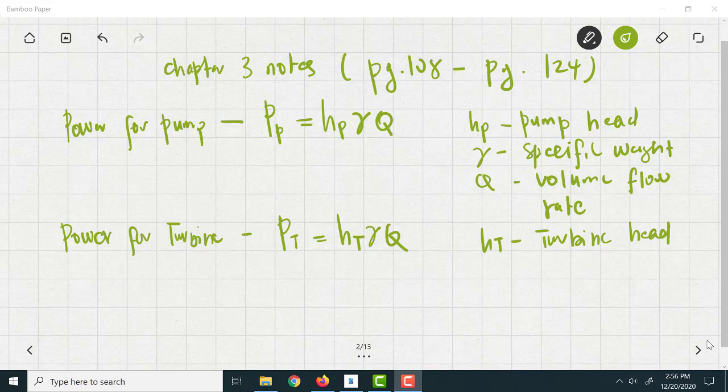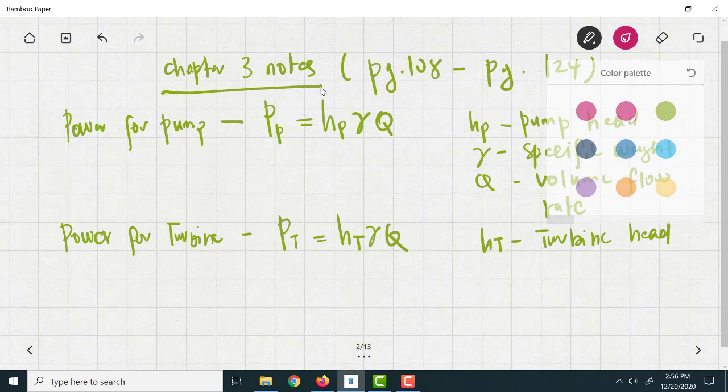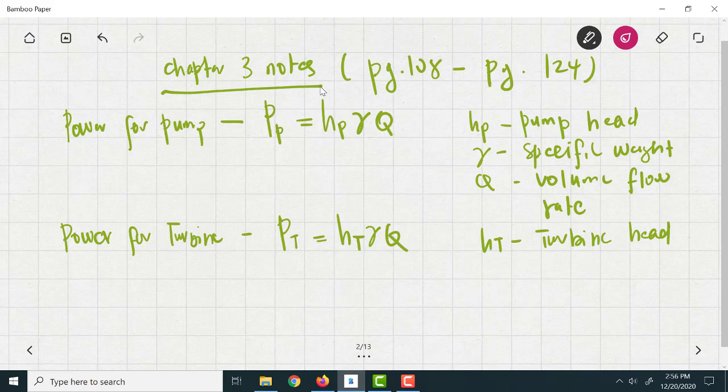So inshallah today we'll be doing a tutorial on chapter 4.3, but before that I have additional material for you, which I forgot to mention in the chapter 4.3 lecture video. You need to refer to chapter 3 finite volume analysis notes, page 108